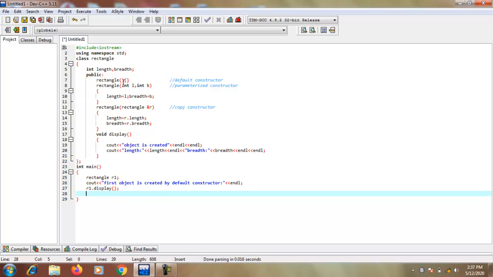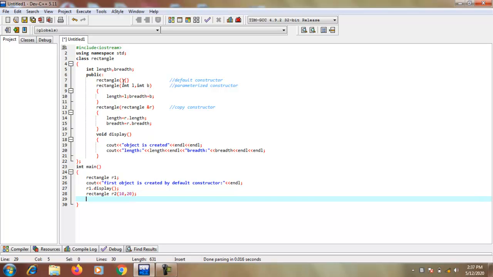Then I create another object by the parameterized constructor. So again I write the name of the class, then the name of the second object and put some values, which are the actual values, semicolon. Again I write something to display on the screen.